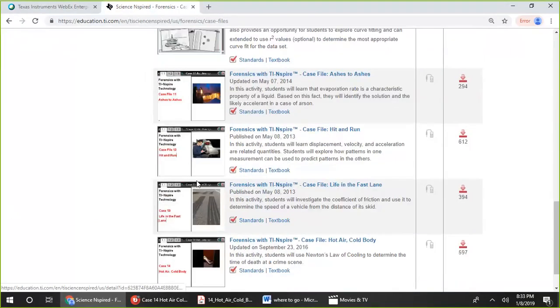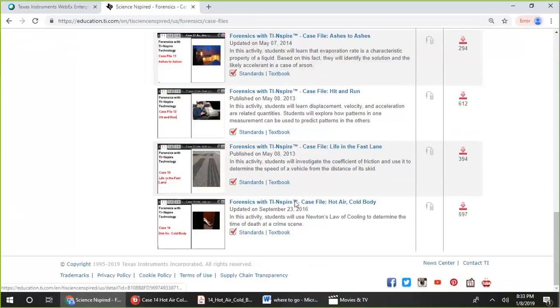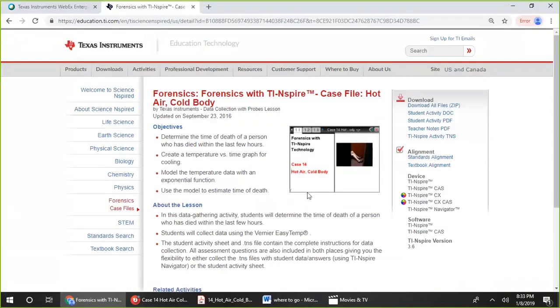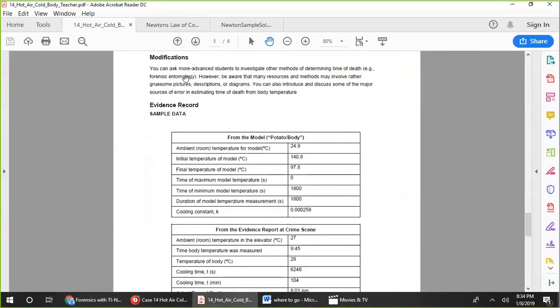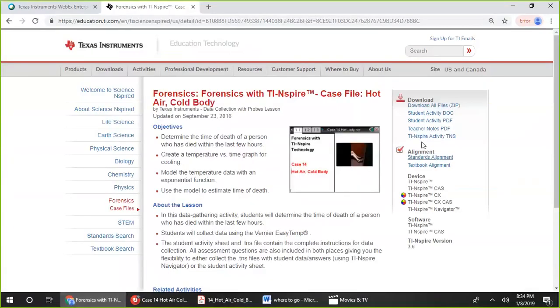For a more detailed description, you choose the file that you're interested in, and here you'll find the description including lesson objectives, the data collection probe needed for the lesson, the student activity document to modify to your class needs, the student activity PDF document, teacher notes including modifications and sample data, the complete TI Inspire activity TNS.